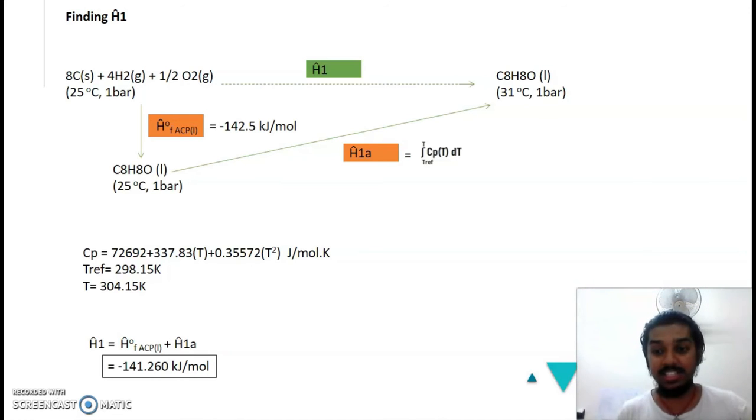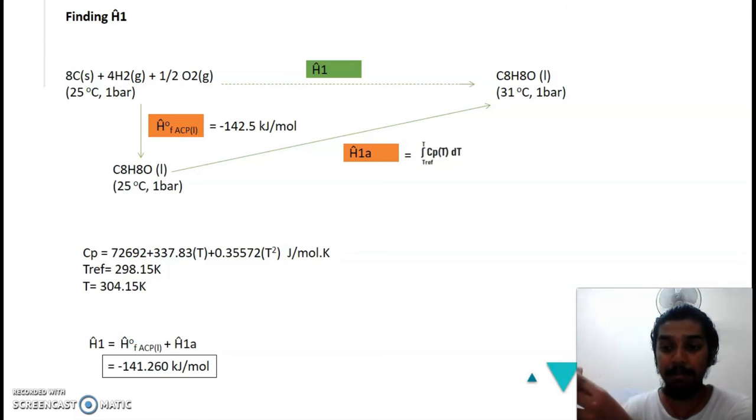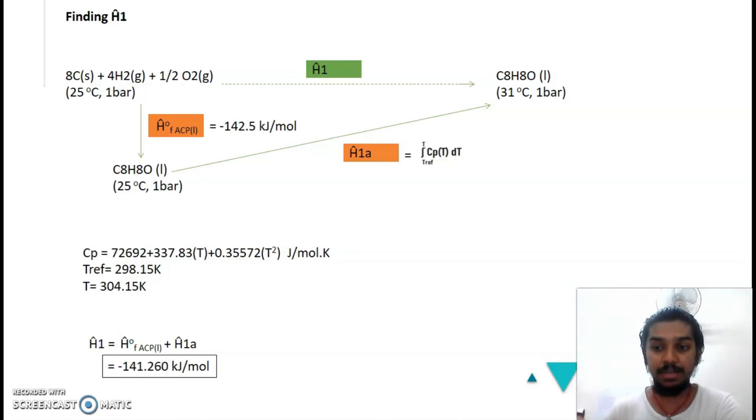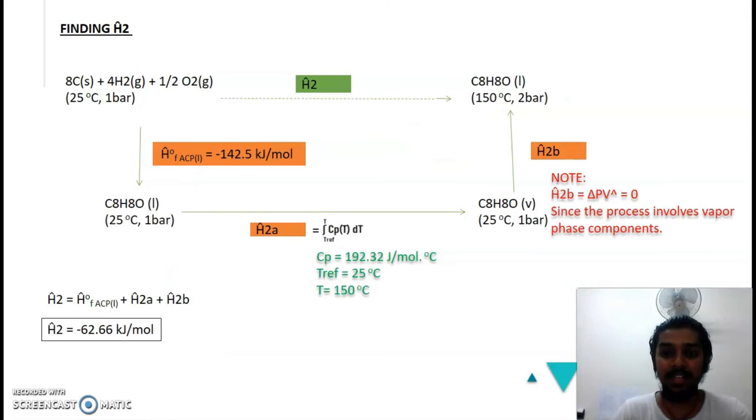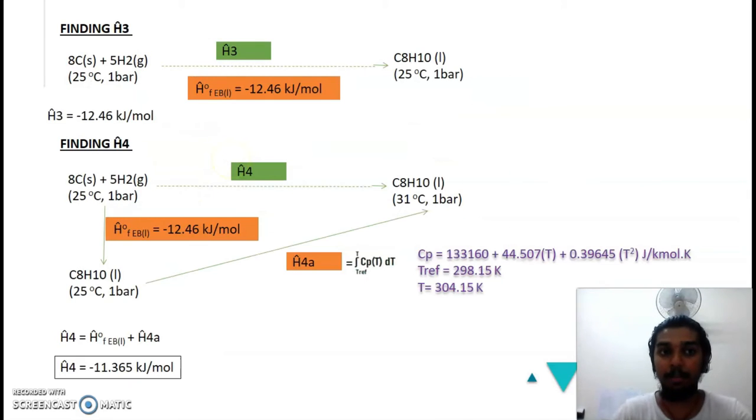For this case, since it is a non-reactive system, there is 3 possibilities. First, type 1 process where only pressure change occur. If it involves liquid or solid, we must take into consideration of delta P we had. If it's gases, we can neglect. So if it's a type 2 process, we must do integration of Cp(T) dT. And if it is a type 3 process whereby the change in state occur at constant temperature and pressure, we must take into consideration the HV value. So that's how we solve for the hypopath in this case.